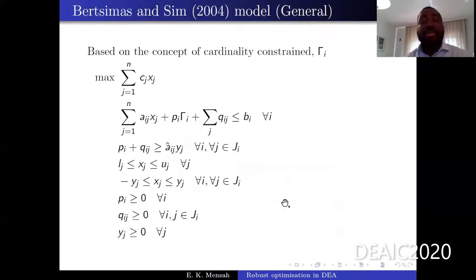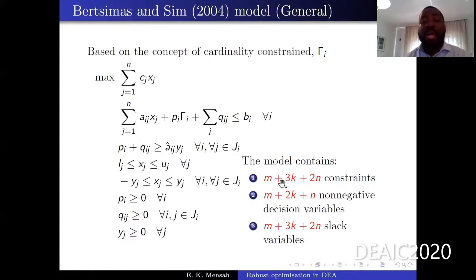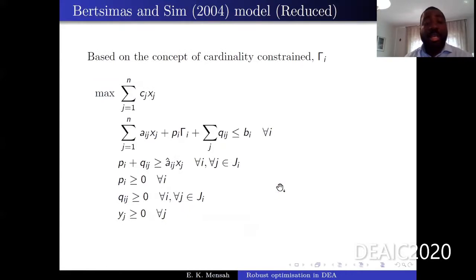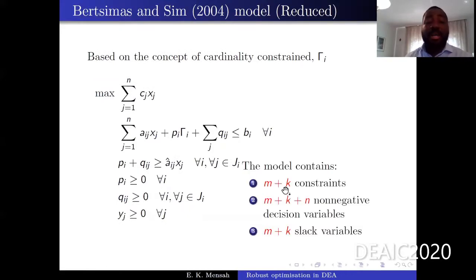and m slack variables. Now, similarly, when we consider the robust approach of Bertsimas and Sim in their paper, The Price of Robustness in 2004, again, when we transform this model in the standard form, we're going to have n plus 3k plus 2n constraints. We have n plus 2k plus n non-negative decision variables and n plus 3k plus 2n slack variables, which are involved in the model. However, when we use, again, the reduced robust counterpart, we will have only n plus k constraints, n plus k plus n non-negative decision variables, and n plus k slack